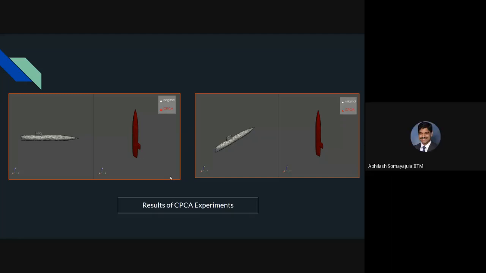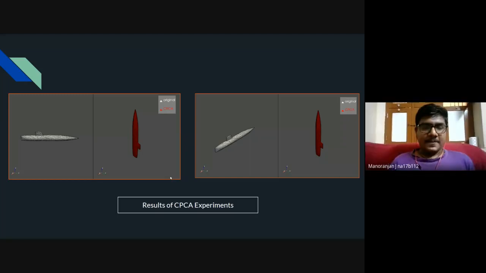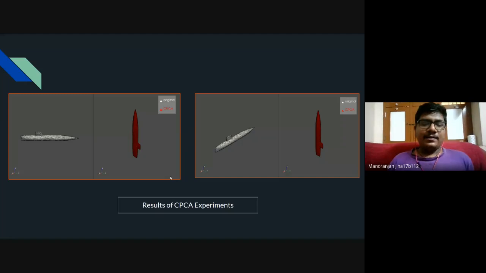Here is where even I was thinking, and I know that you've been looking at the CPCA quite a bit. The rotation will not be the same depending on the type of the object. Yes, sir. So the rotation may not be the same. Instead of a submarine, if I had a ship, and if I rotated it using CPCA, it will not necessarily go through the same angle, or the final projected view will not necessarily be the same isometric view which I see. According to my understanding, it may be the same.